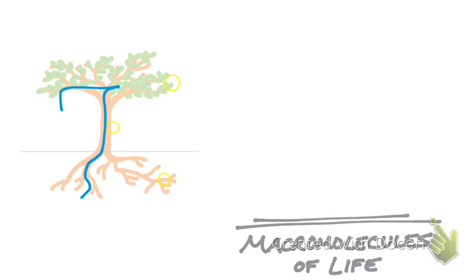Now, before we get into the cells and where those macromolecules are, let's just review what you've already learned in the class, which is there's a process called photosynthesis, which is the key process that you have to focus in on when it comes to a plant. And that process is going to take in two chemical inputs from the outside world. One is carbon dioxide or CO2, and the other is water. The CO2 is taken in from the air just right through the leaves directly, but the water has to be taken up primarily through roots,